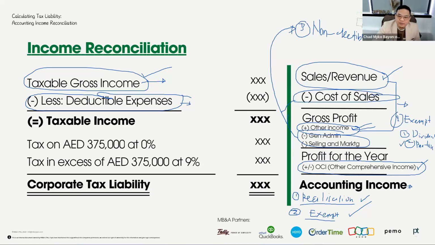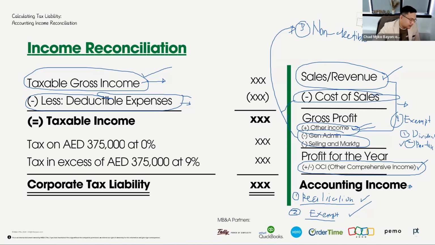So either adjustments for non-deductible expenses or expenses with limitation. So limitation expenses, that is actually your interest expense, which is having a limit, your entertainment expense, which is having